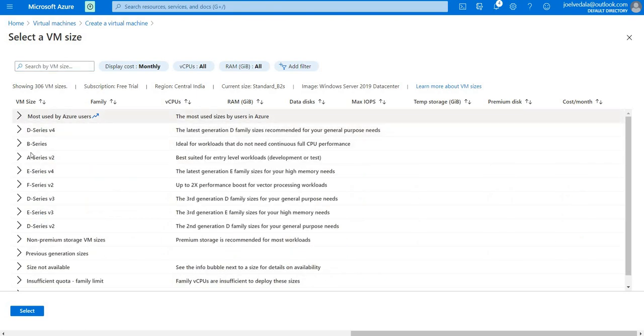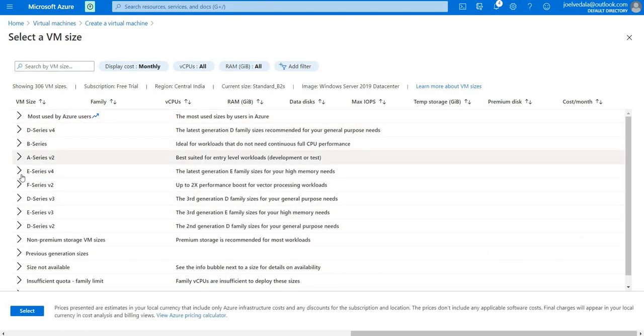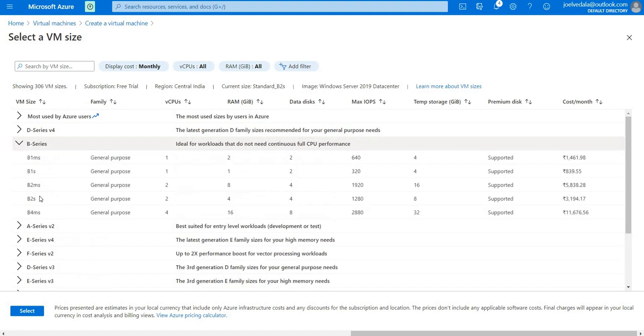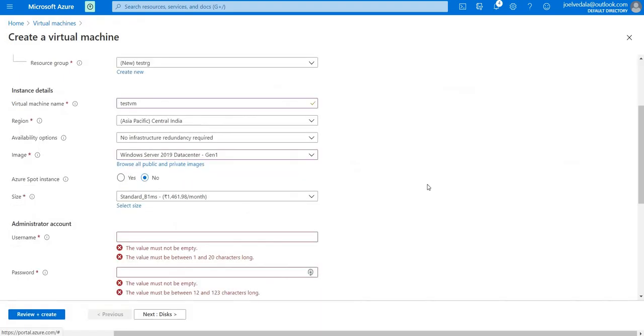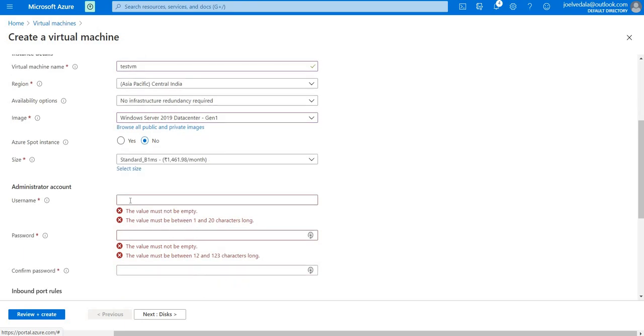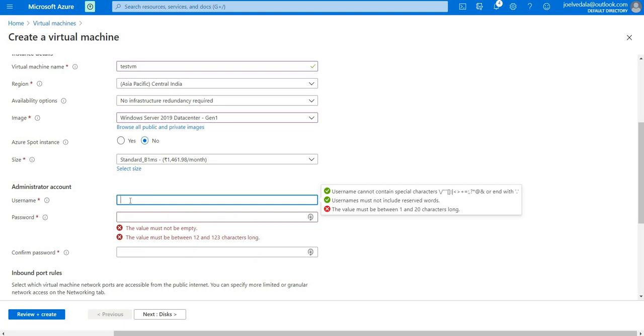Like there are a lot of series like D series, B series, A series. Select the size based on your requirement, and enable it in your subscription. Like sometimes the quota is not allocated. Raise a support ticket and get the quota allocated, and then deploy the machine. So for this test environment or test demo, I'm choosing a B1 MS, which is one core, one CPU, two core machine. Give a username for this